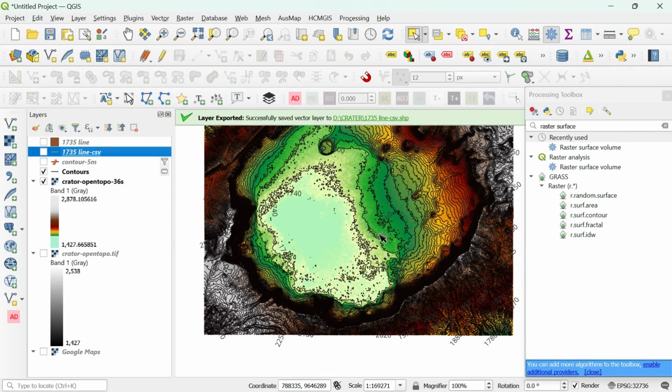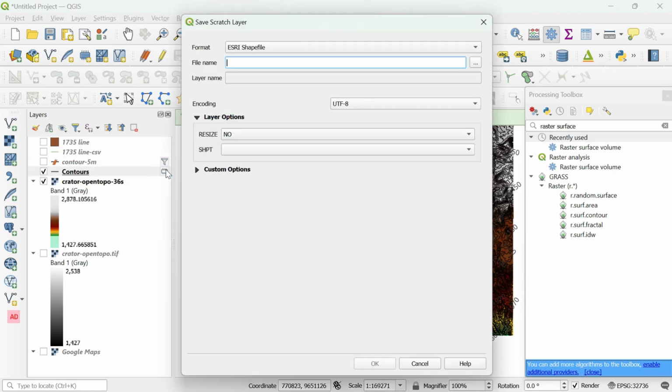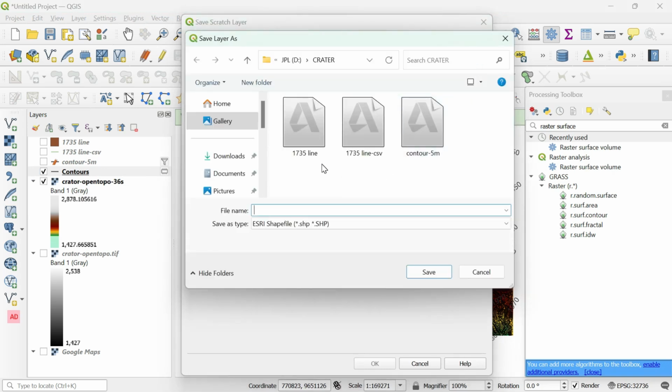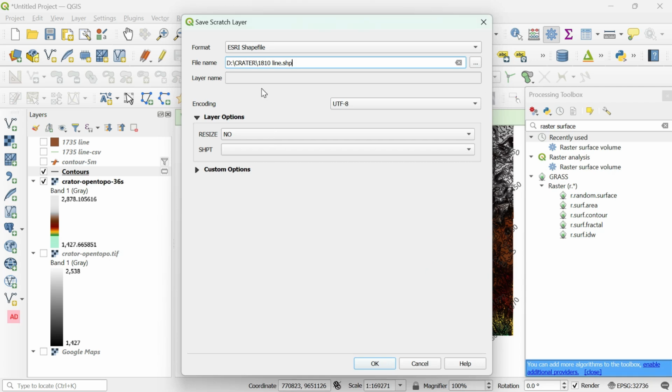So just we have to save this file first. 1810 meter line. Okay, save first as a save file. It's okay.